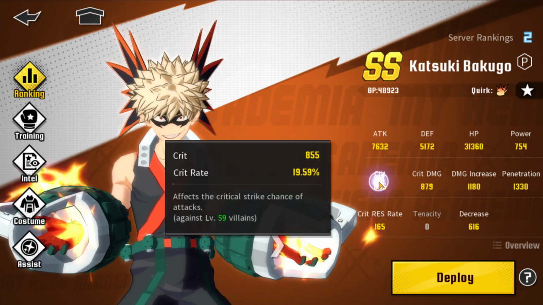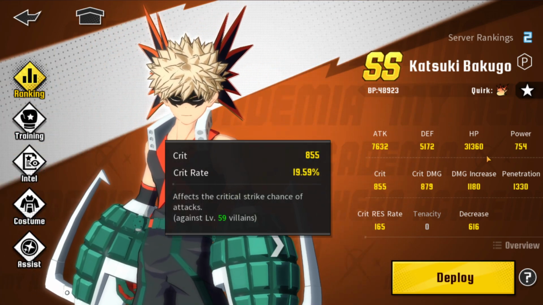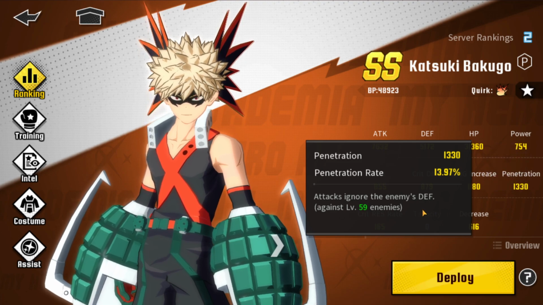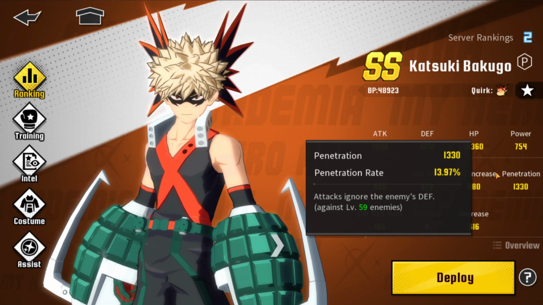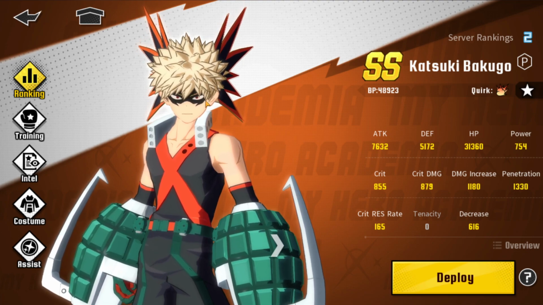And you can check what these stats do if you go to details and you click them, right? Affects the critical strike chance of attack, right? Increases the character's attack, applies to P characters only, okay? Penetration increases the enemy defense against level 59 enemies, right? It's 14%, which is pretty good. Could be better though. Okay, so anyway, the stats you want on a character are always offensive stats because they